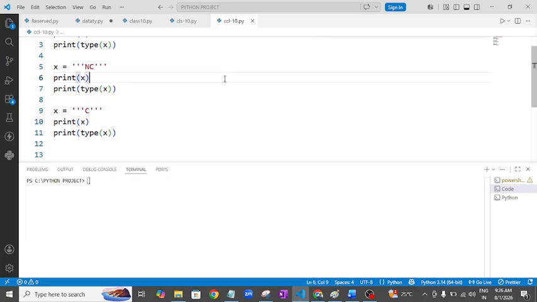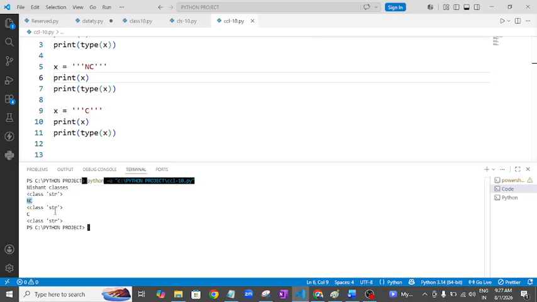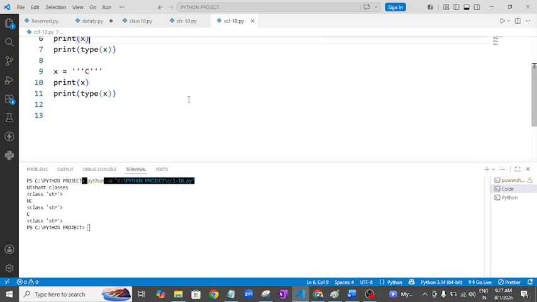Actually, we are going to start like this. Let me run and show you. Okay. Nishant Tiwari classes is a string. NC is also a string. C is also a string only. Happily, we are going to take that. Very, very clear. Sorry for the disturbance. I believe you are very clear now.